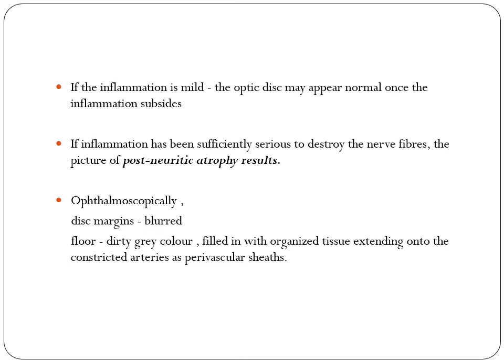So how will you identify secondary atrophy? Pallor will be there, but margins will be blurred and the cup will be obscured by the glial tissue. You will not be able to identify any cup in post-neuritic optic atrophy, and the gliosis which has filled the cup will extend along the vessels in the form of sheathing. So vessels will have sheathing along their boundaries. This is nothing but gliosis. These are the signs of post-neuritic optic atrophy.